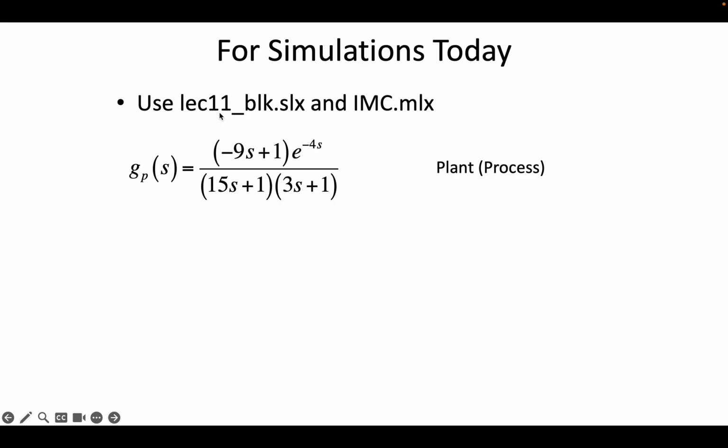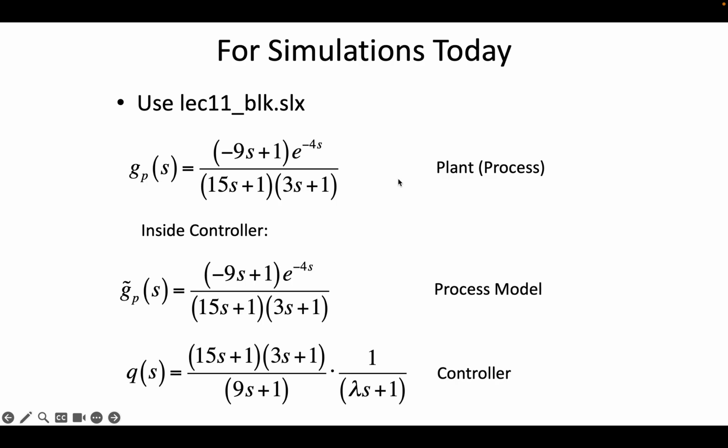Okay, so for simulations today, I created a live script imc.mlx, and it calls lec11_block.slx, and it does it for this particular plant, the one with inverse response and a dead time of 4 minutes, and then second order with time constants of 15 minutes and 3 minutes. And so inside the controller, the GP squiggle, when we have the case of having the perfect model, again, this